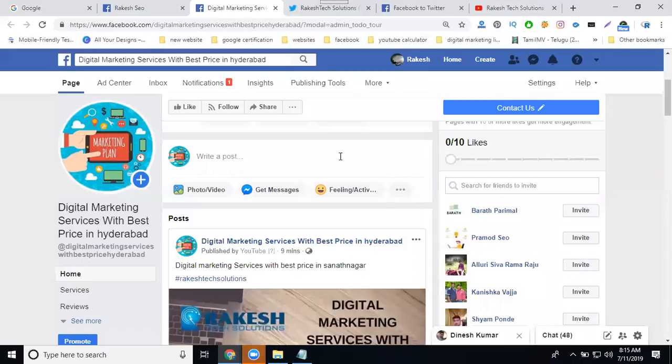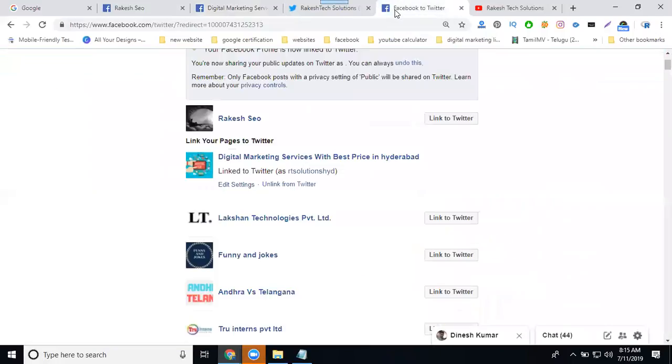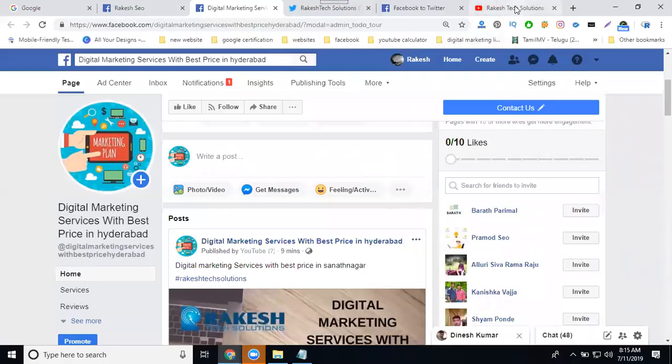So how do you schedule a post at a time from a Facebook page to Twitter? First of all, the first step is connecting your Facebook page to your Twitter account. You have to check this first step. The username is called facebook.com/Twitter. After checking this option, we'll go to your page,